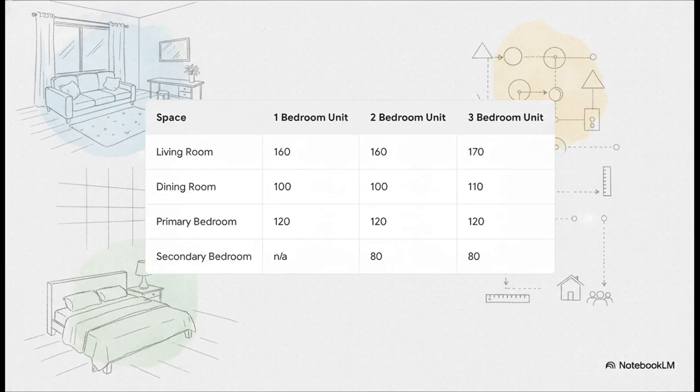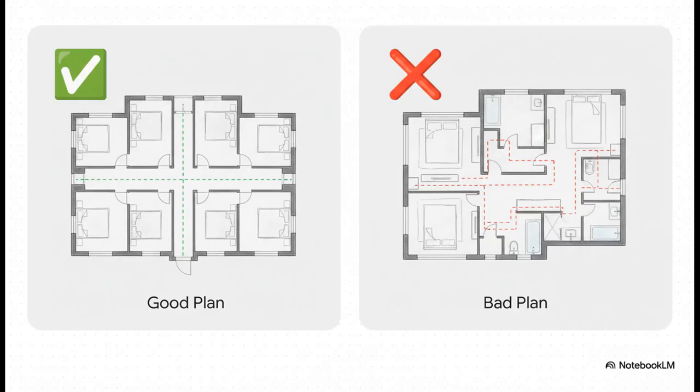These numbers aren't just pulled out of a hat. They're based on data. Data about what furniture we own and how much space we need to actually do stuff, like walk around our bed or have a conversation on the couch. This is what makes a home livable, not just a series of cramped boxes. But it's not just about how big a room is, it's about flow.